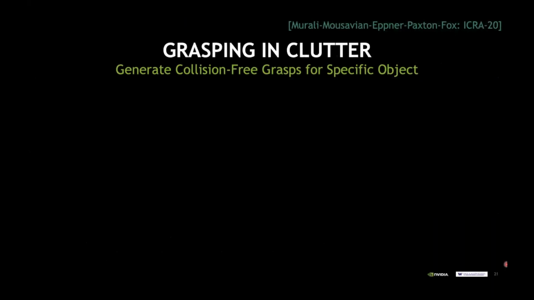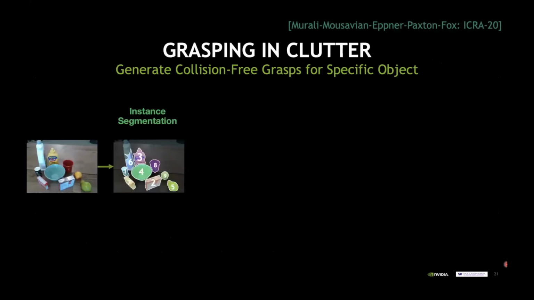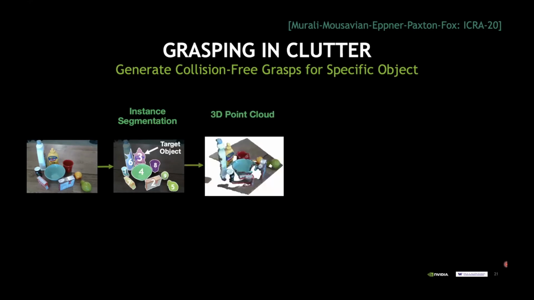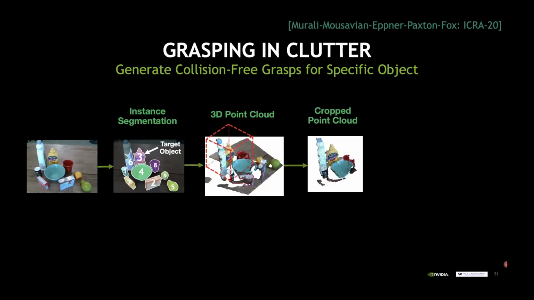And now what you can do is the following. We want to take a scene like this one, and let's assume we can segment it with the approach that I just showed you. And let's assume someone says, this could be an object detector, or a person could just say, hey, I want the robot to pick up object number 3, the target object. So what we can do now is the following. First of all, we take the point cloud of that scene. We can cut out the cropped area around the target object, which is the mustard bottle in this case. We can feed this into a trained GraspNet to generate possible grasps for that object.